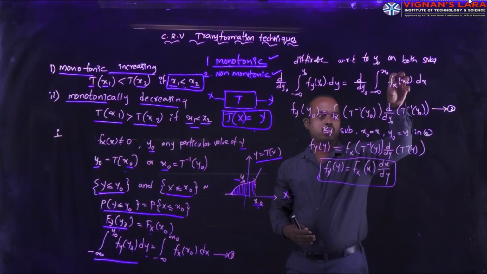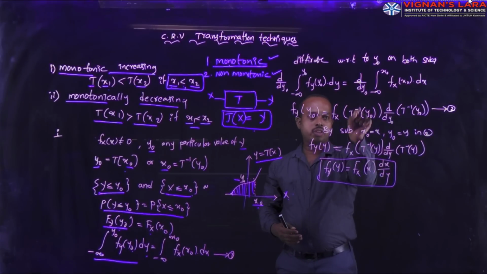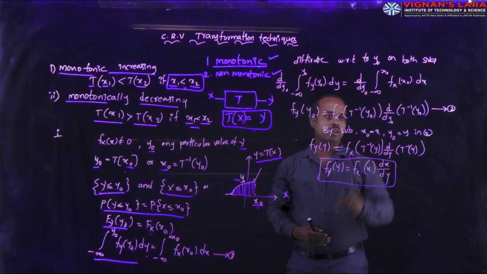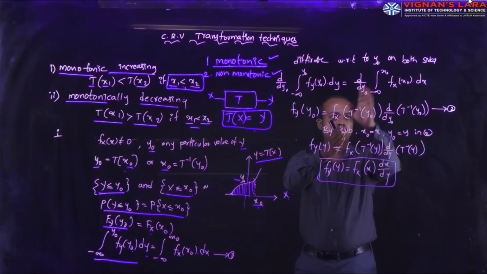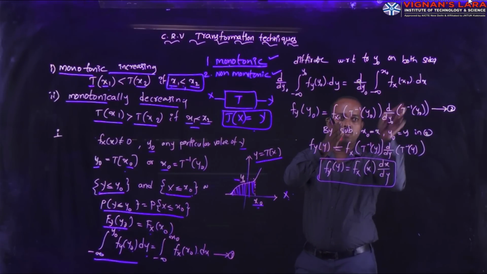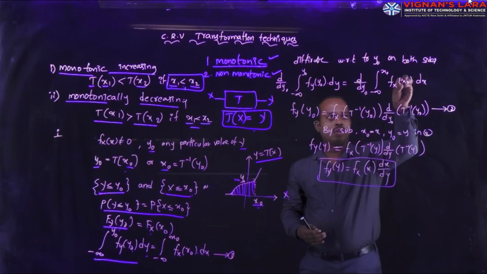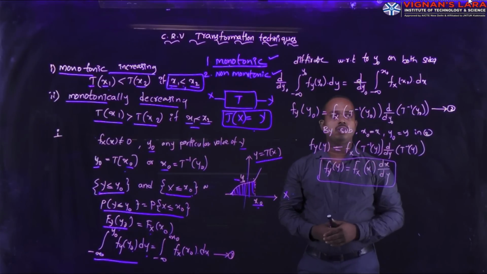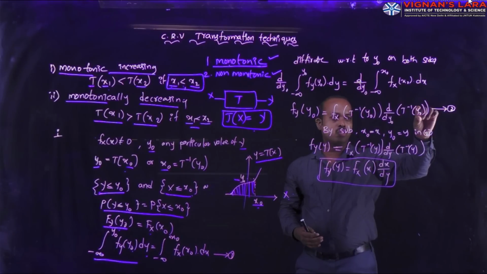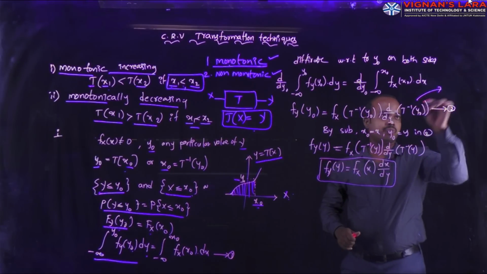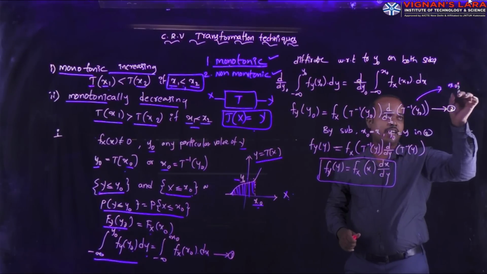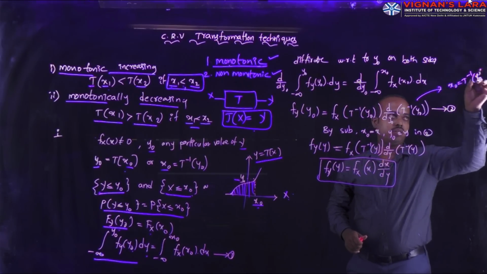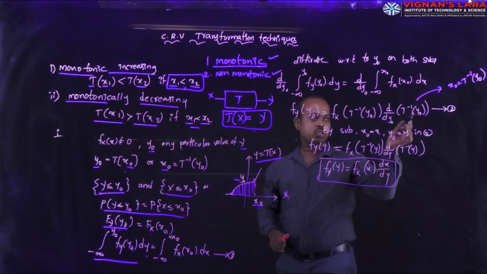Already we have the density function. The density function we are writing is f_X of T inverse y naught, and the remaining function. What is the remaining function? Already we have to make that differentiation with this density function, and once again you apply the differentiation on whatever variable is available in this function. That's why I'm applying the differentiation on x naught. The x naught I'm writing here is T inverse y naught. Why am I writing this term? Once again I'm applying the differentiation on x naught, and x naught we write as T inverse y naught. That's why I'm writing the differentiation term here.